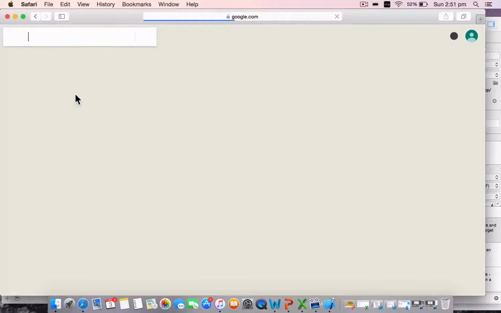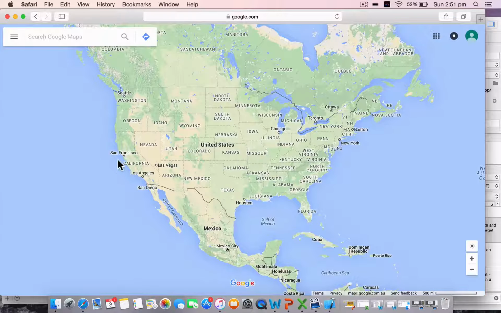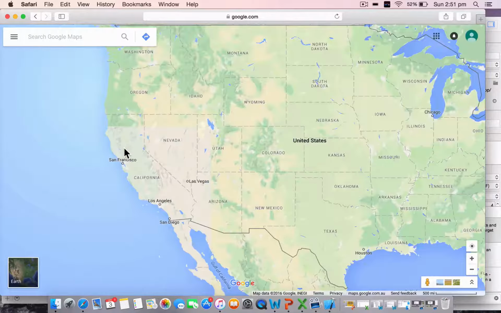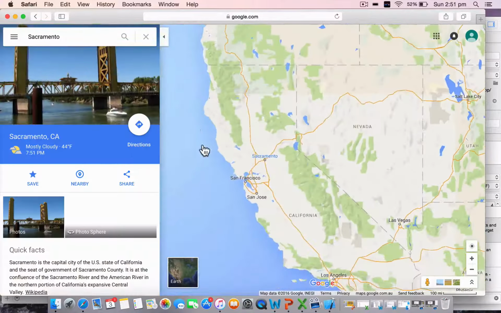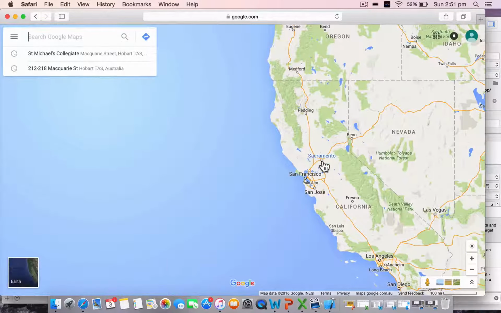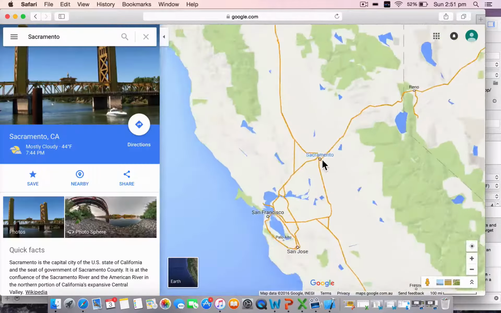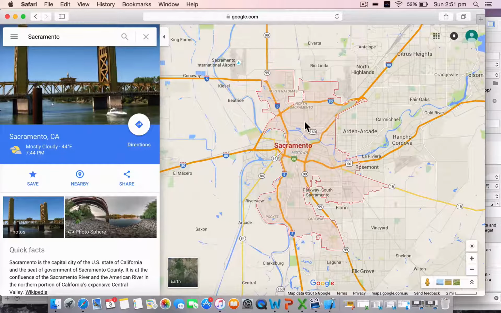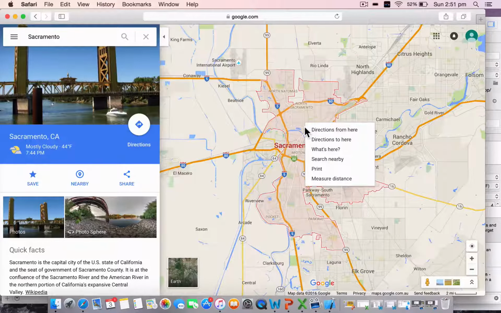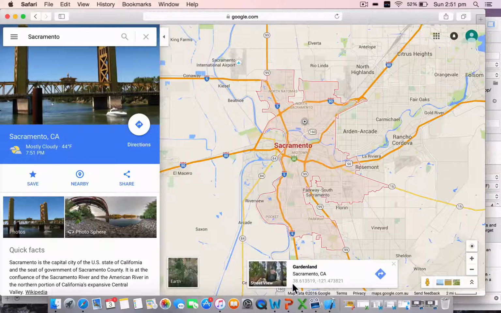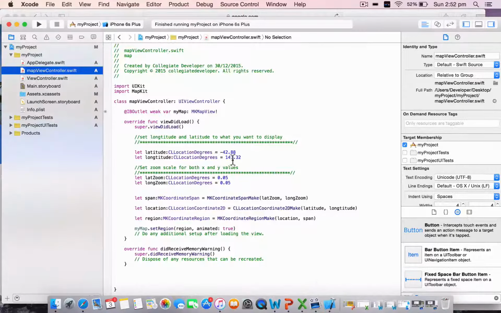and let's say you want it to be somewhere in San Francisco. So we'll just zoom in somewhere around here, Sacramento. We want it to be here. What you do is you right click the location and you go, what's here? And what you'll see is the longitude and latitude typed out down below. You need to copy those in and put them in the appropriate longitude and latitude fields here,